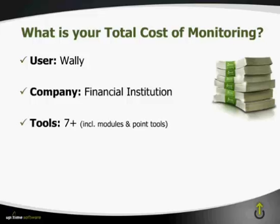But then they had a few other point tools specifically for the network environment. So this is probably not an uncommon scenario. It's very typical to have multiple different tools in larger data centers. And unfortunately, that is a very common scenario because what we'd like to see is a smaller number of tools,